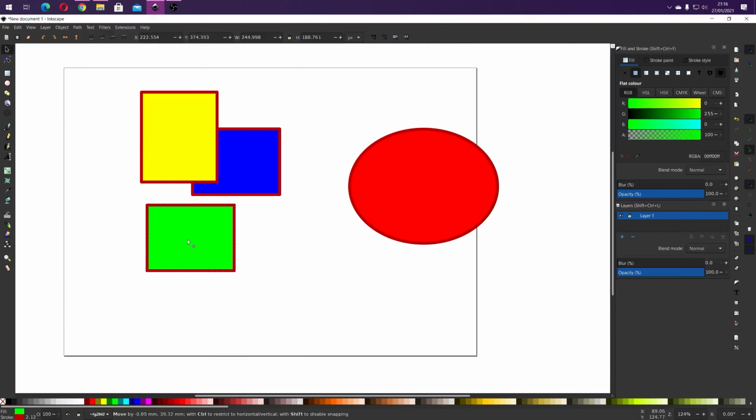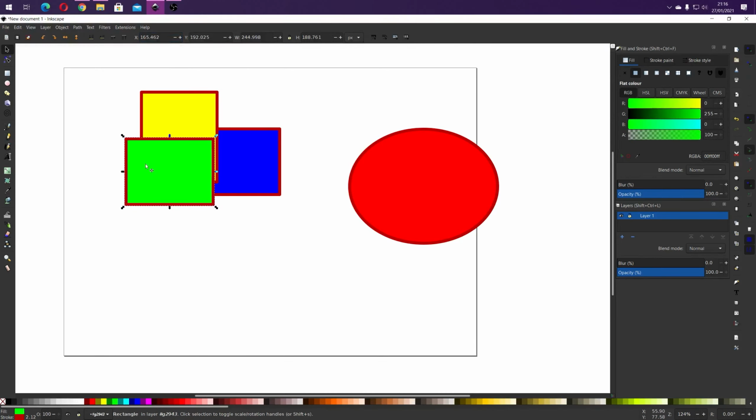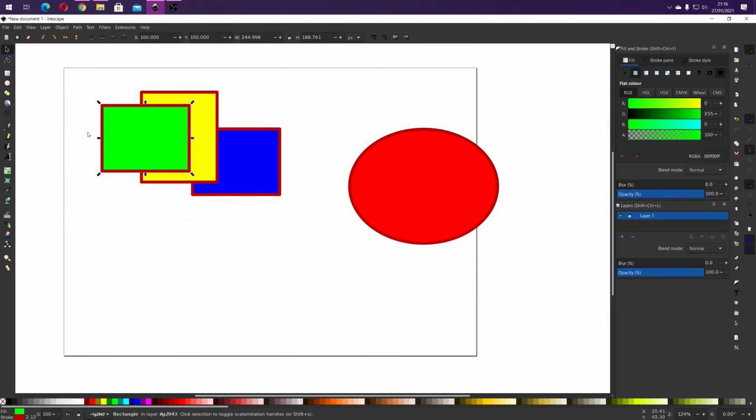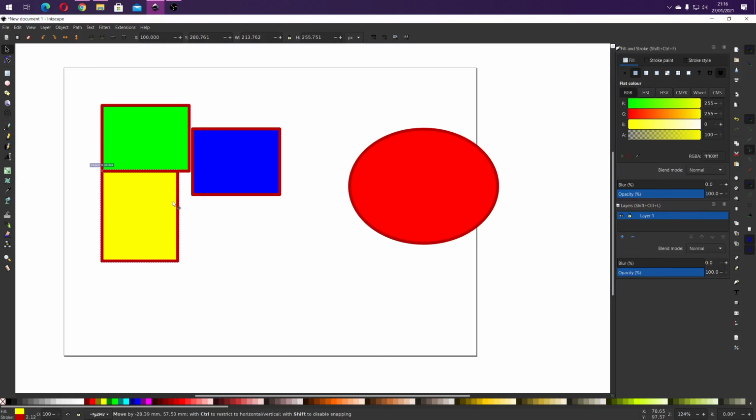Okay, so next thing is the position. So X and Y, exact position. We can increase and move element on the X or Y as we want, or we can precisely place element on our working area. It could be helpful when we want to, for example, stick